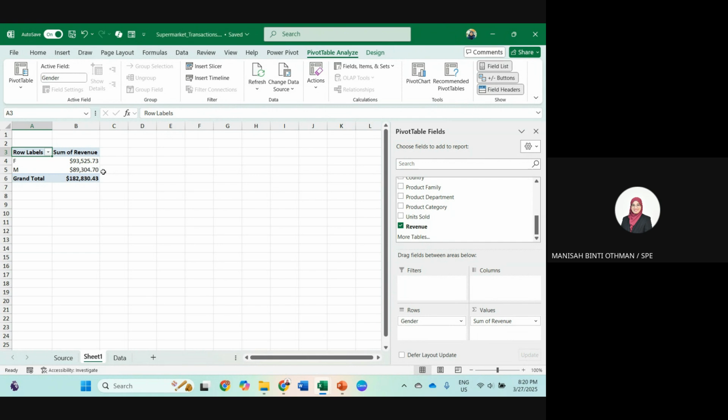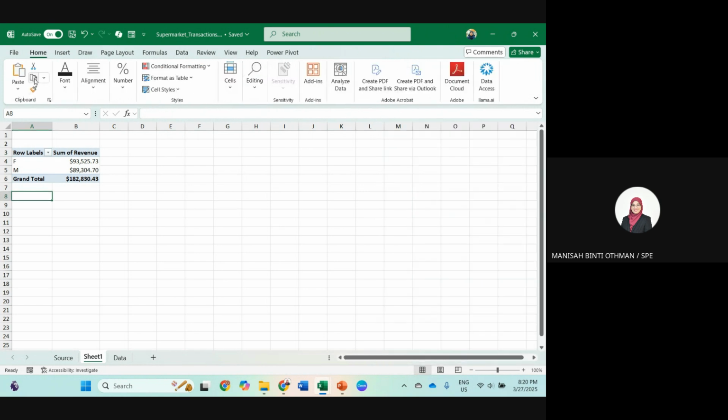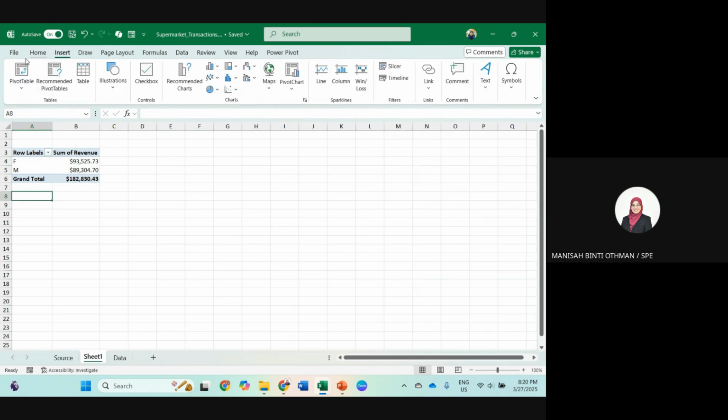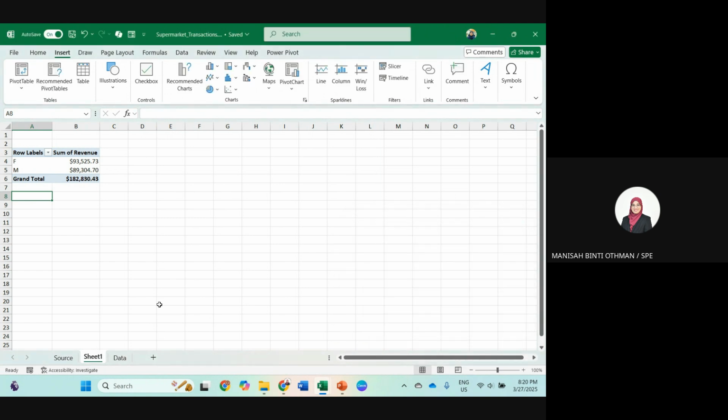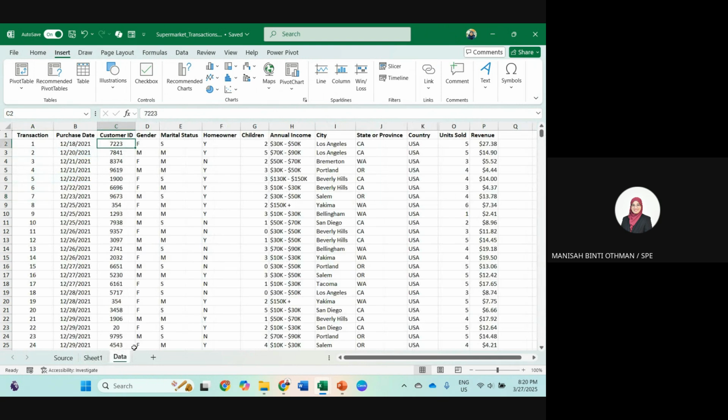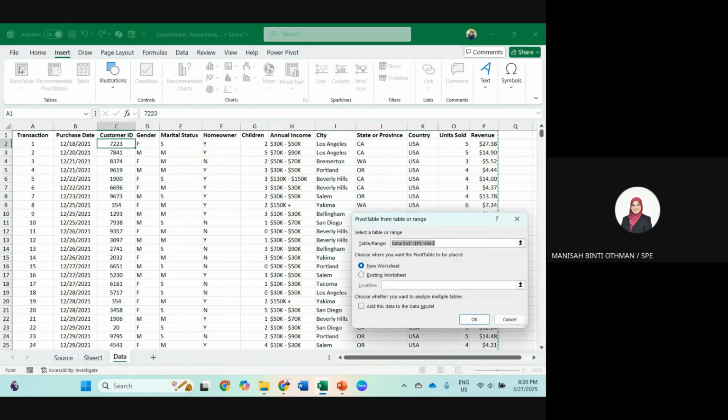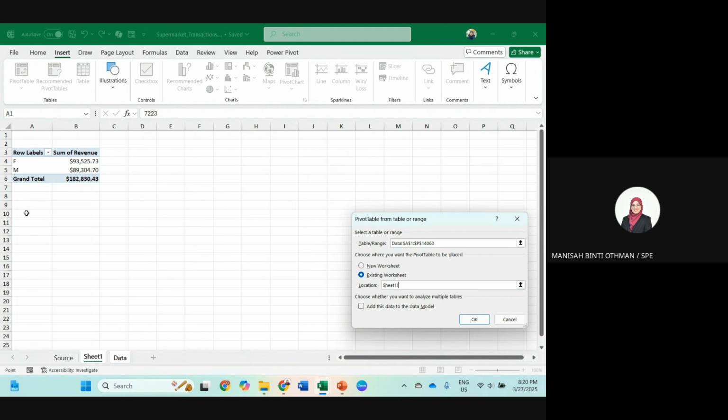So let's say you want to add another table. Insert tables, it's easy if you add the tables from this worksheet. So add, then existing worksheet, click Sheet 1 and enter the cell, then click OK.